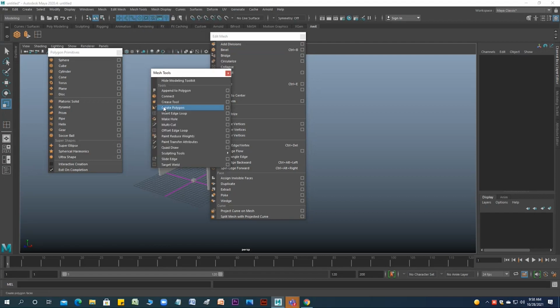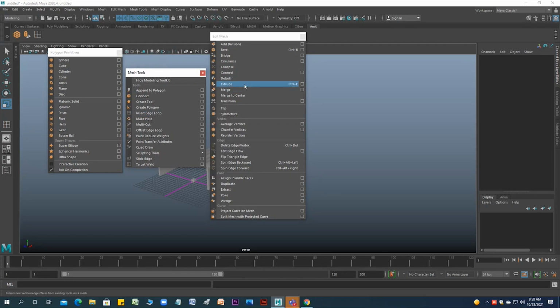Yes, in mesh tools you can get this insert edge loop, and this one, edit mesh extrude. So from edit mesh you can collect the extrude tool, from mesh tools you can collect insert edge loop, and from primitives you can collect the cube. Keep the habit of creating a shelf. It makes your life easy, focusing on just 2 or 3 tools rather than running here and there across too many tools.